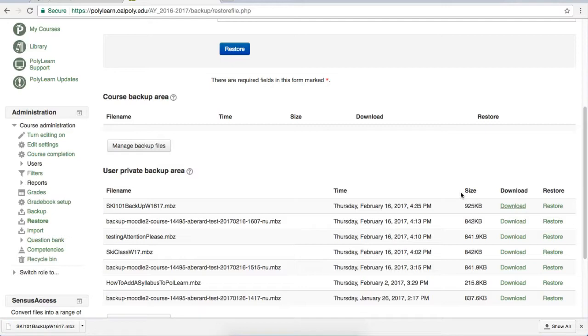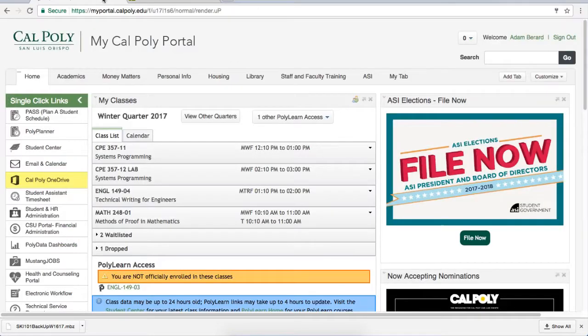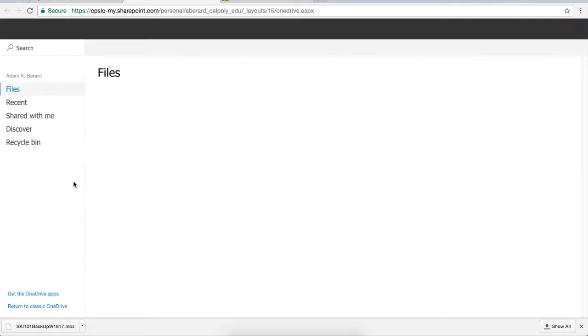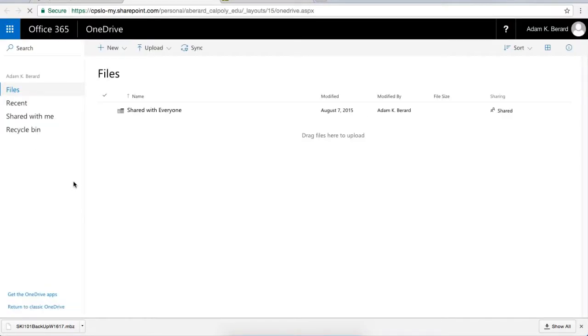Once you've downloaded it, it's up to you to store it somewhere safe, but a great place to store it is the OneDrive provided by Cal Poly. Navigate to your My Cal Poly homepage and find the Cal Poly OneDrive link over under the single-click links. This will take you into the Cal Poly OneDrive cloud storage where you can safely keep all of your course